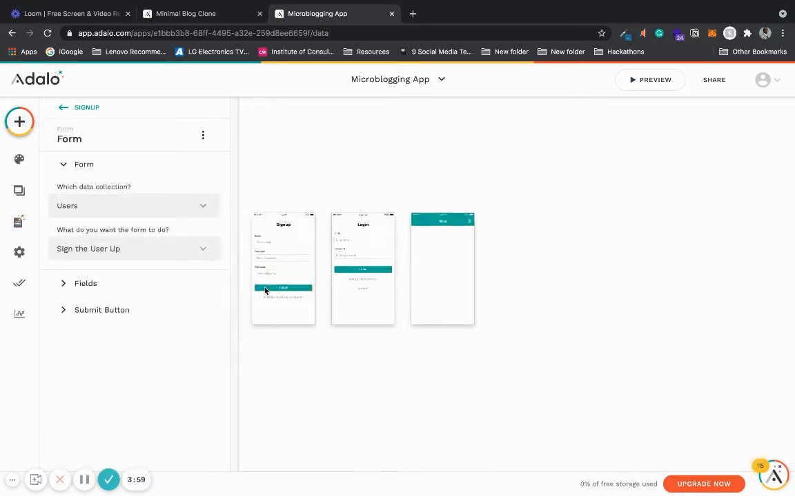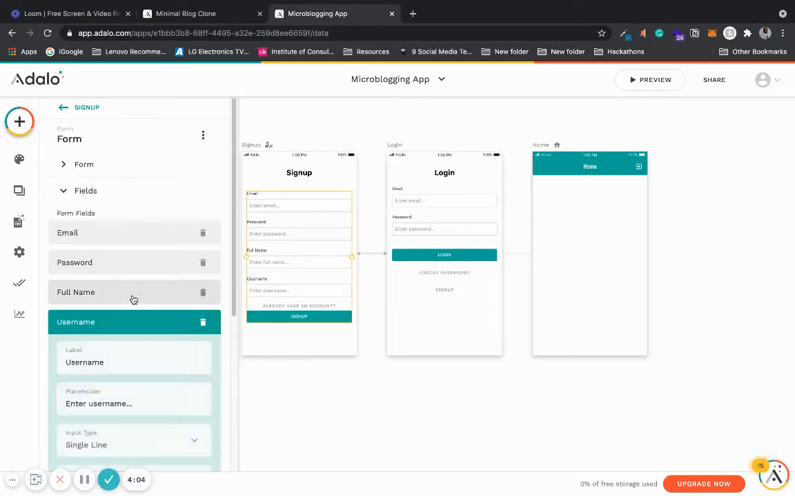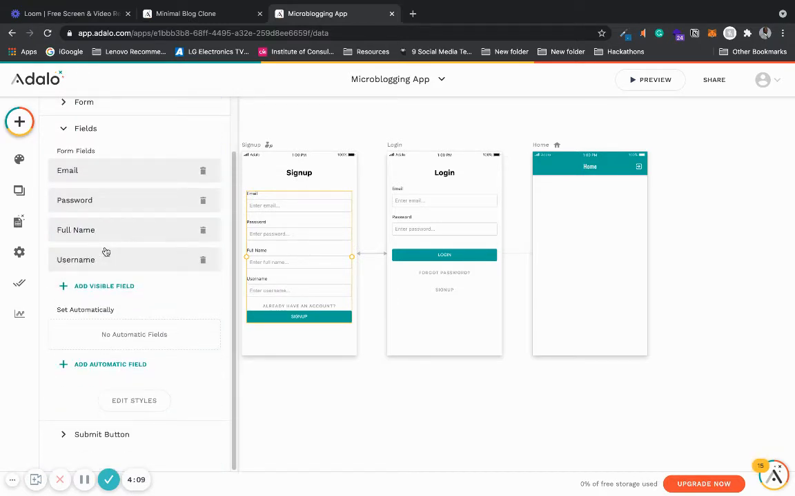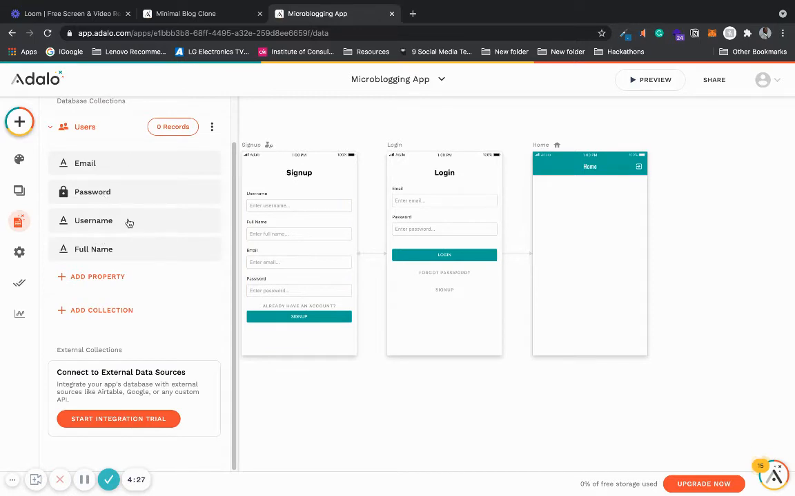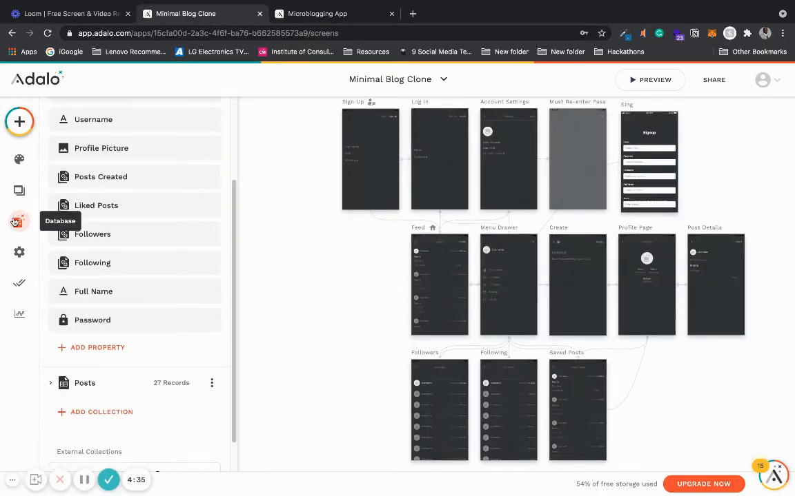So maybe the first thing we want to do is add a field that says username, and we want to drag this up and drag that down. So they're signing up, they have to put their username, full name, email, password, and that automatically gets added to the collection of username, full name, email, password. So we did that. What we want to do is add a collection